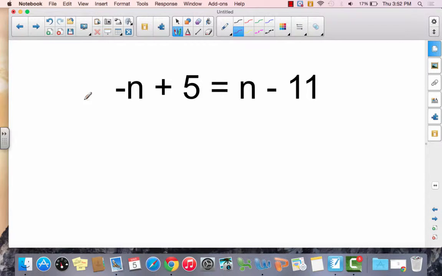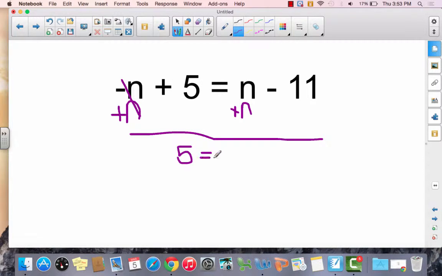So here I have negative n plus 5 equals n minus 11. And this time, just to show you that it doesn't matter which side I move, I'm going to take this negative n and I'm going to add n. A negative n and a positive n cancel out, and we're going to add the n to the right-hand side this time. So I'm now left with 5